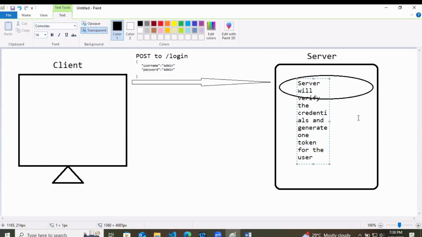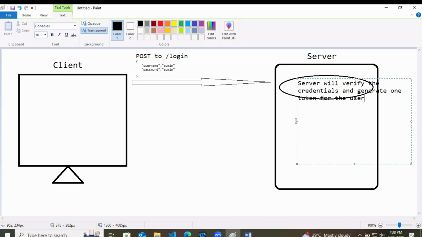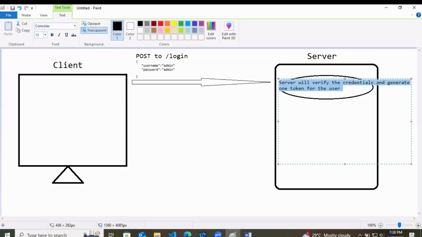So at first, the server will check if the username admin and the password admin are valid or not. Those two things are valid or not.